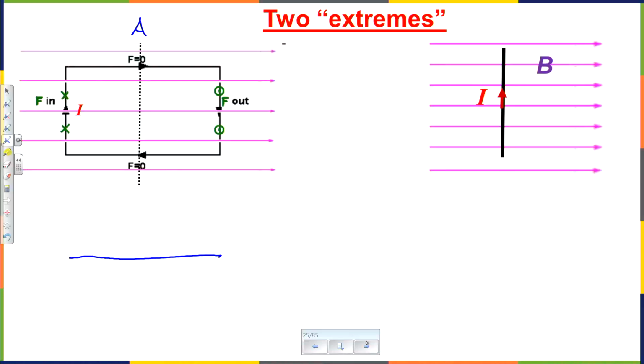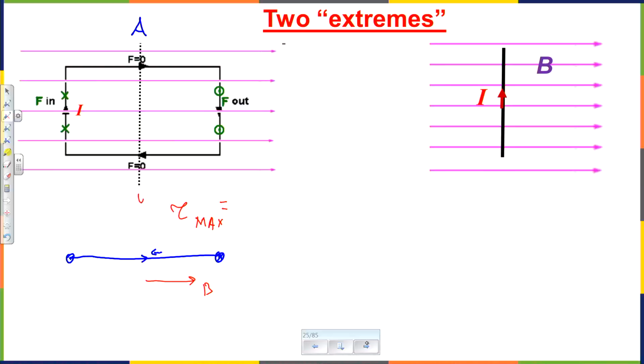This is the top side. In this side, electric current travels to the right. Here, electric current travels away from you, then toward you, and below this, electric current will be traveling to the left. And magnetic field still points to the right. And this gives maximum torque, which is actually easy to calculate because we've done it before.